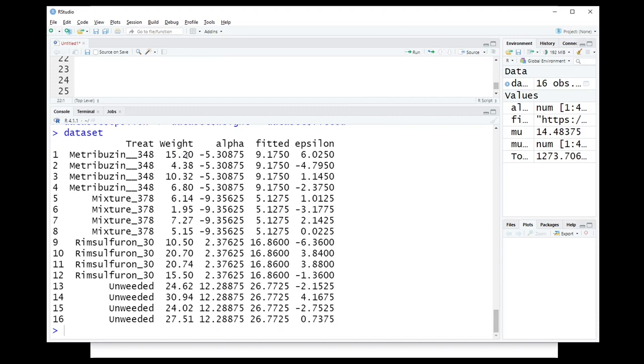Is that clear? Yes. This is really interesting. I mean, we are partitioning the effect of the treatment from the effect of the error. We are separating the two effects. I can make another example. Look at the observation number 5. So we have observed